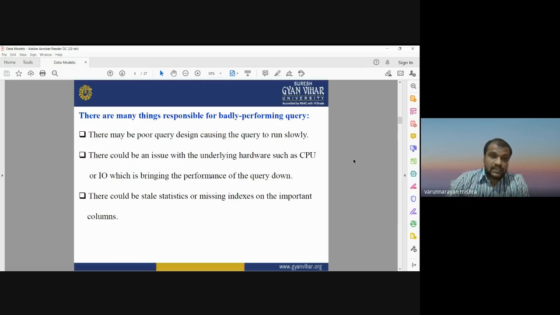So query processing is multi-way. Query is a multi-way analysis of your database that depends on various factors: the design of your database, the structure of your database, hardware requirements, and your statistics. Your data sets should not have any missing values or missing information.